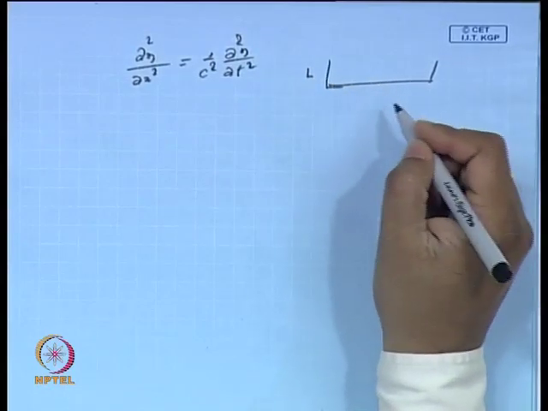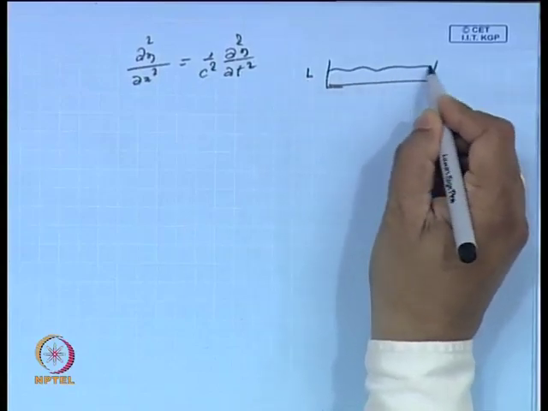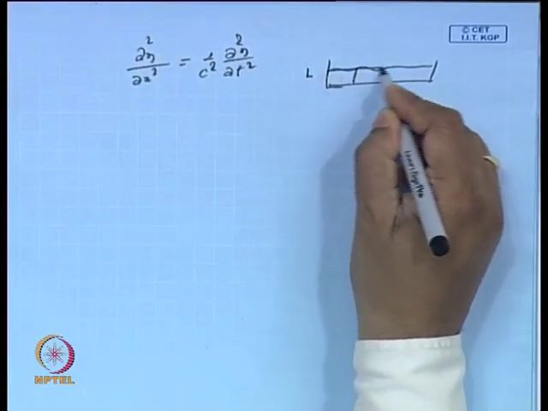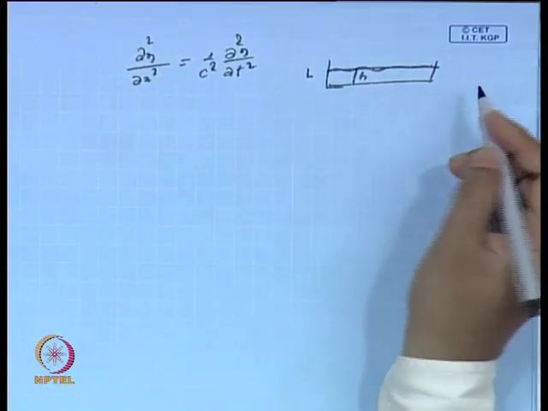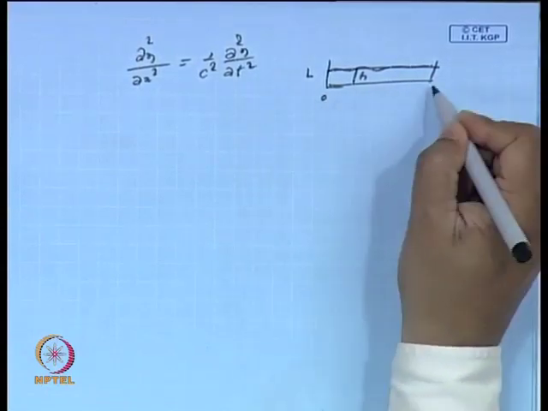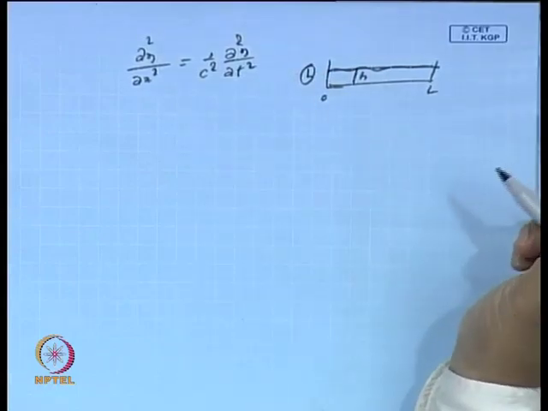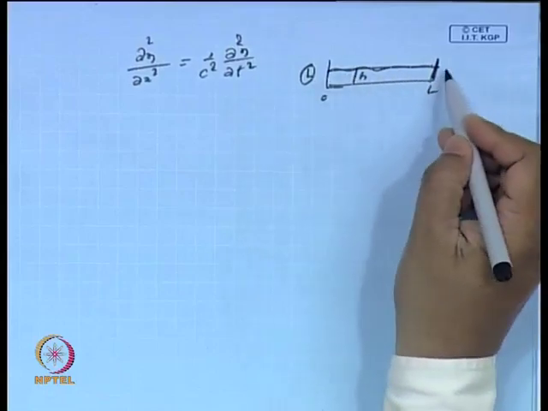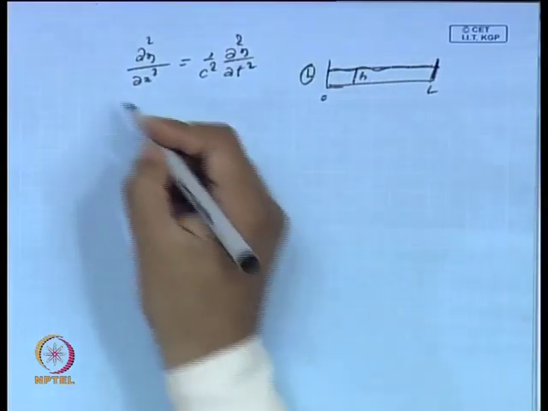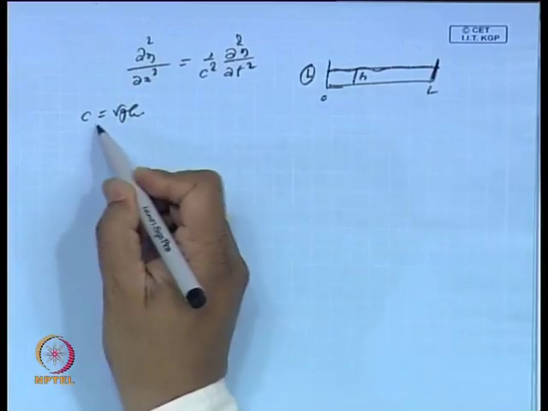This is the depth from the mean water depth, this is h, and the length is L, this is 0, this is L, the total length L. So, if I have a channel of length L and the depth of the channel is h, then here we have C equal to root g h, and further since I have two walls,